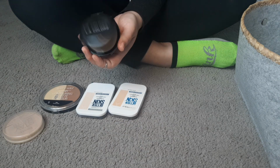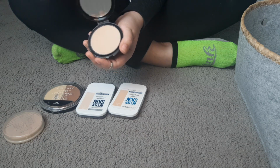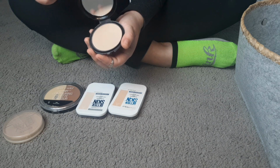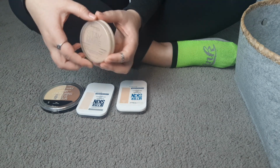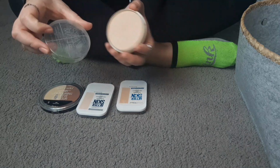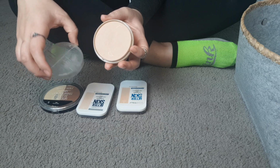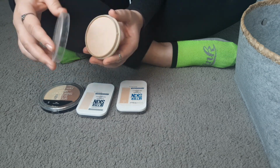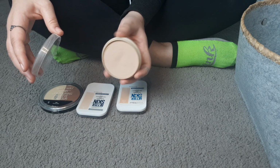using it. Then I have this LA Colors powder. It's slightly too dark for me right now, but it might be good for the summertime, and it's practically brand new, so I'm going to go ahead and keep this. Then I have this Rimmel Stay Matte Press powder that I'm going to also keep, and I swear everyone who has this powder has had their lid break like this. I swear every single one I've seen has a break like that, but the packaging isn't that great. This kind of slides off, but it's a good powder to have for touching up, so I'm going to keep